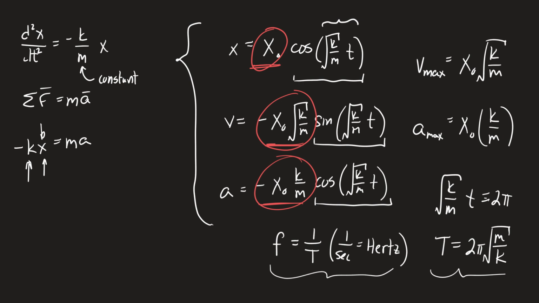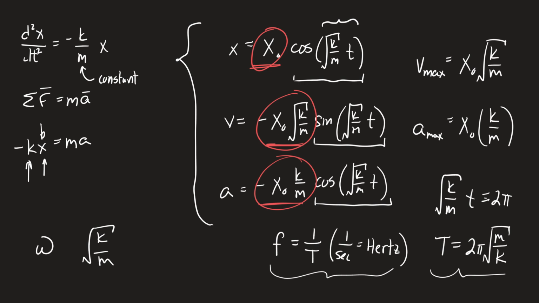Here's where I'm going to flip this a bit. This is for the spring mass oscillator. However, there are lots of things that oscillate. So we're going to write these out as generic functions, because it should be clear to you that the k over m part of this is the thing that matters. It controls the function. But doesn't it appear in a lot of places over there, the square root of k over m? So we're going to define something